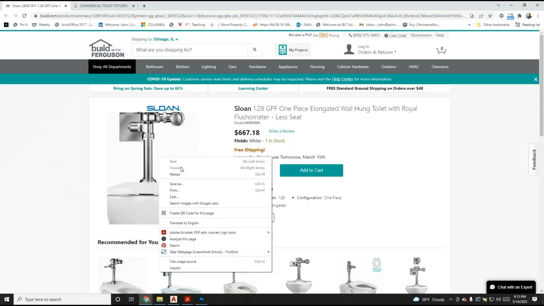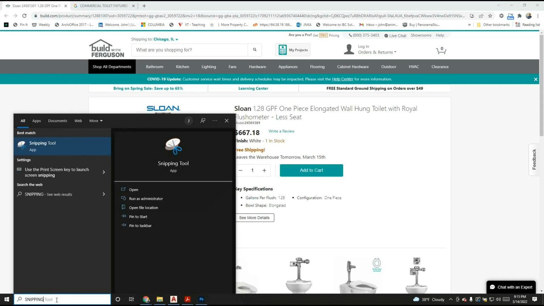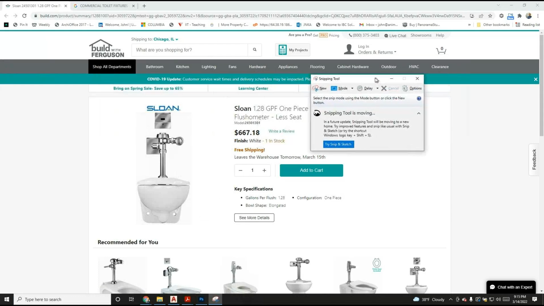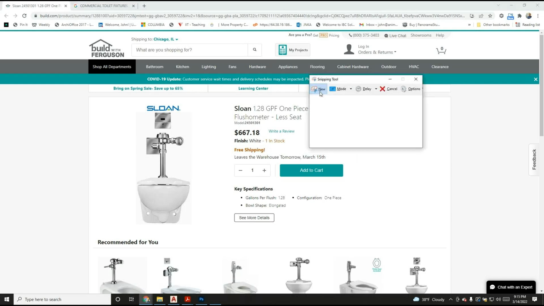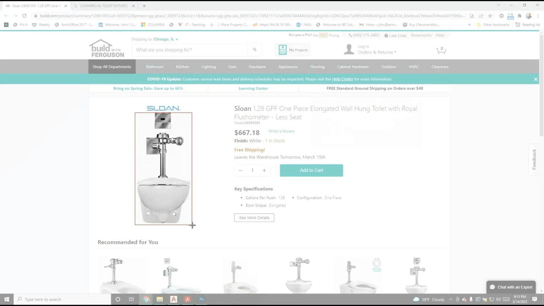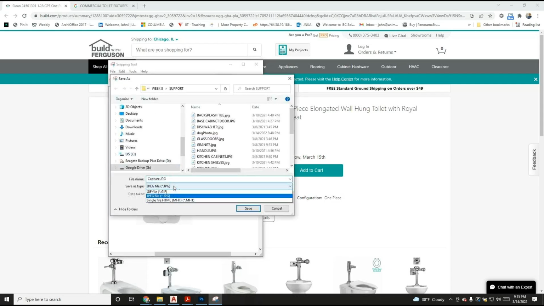So I can right-click, and sometimes this doesn't work. I'm looking for save image as, and this doesn't let me do it. So typically in most programs, there is a snipping tool. I don't know what they call it on the Mac, but it's the snipping tool that lets me take this picture off the internet. So I use new, snipping tool, and it's a screen capture. I'm just going to grab this picture right here, make sure I grab it all. And I'm going to do file, save as, and save it as a JPEG and stick it in my folder,